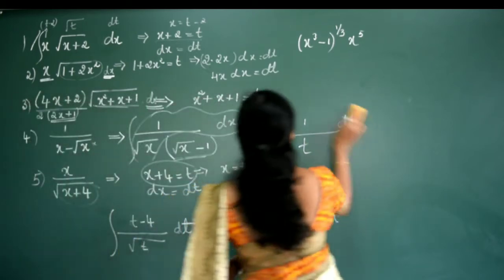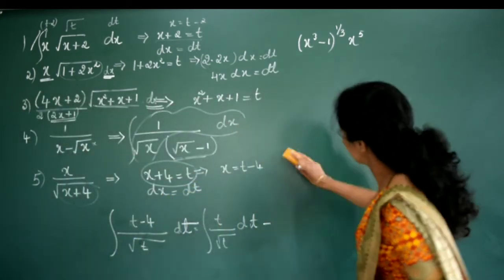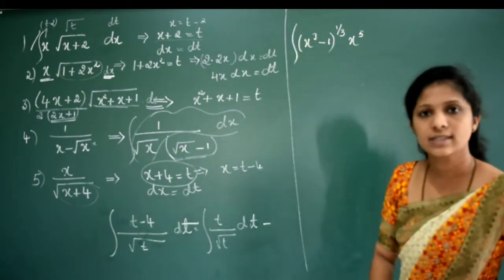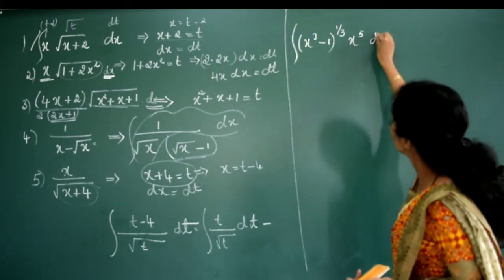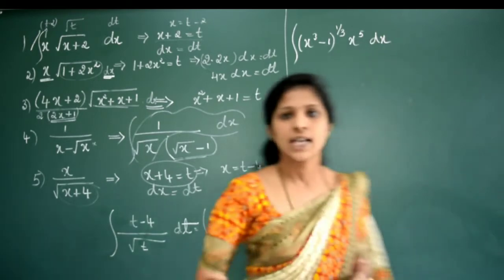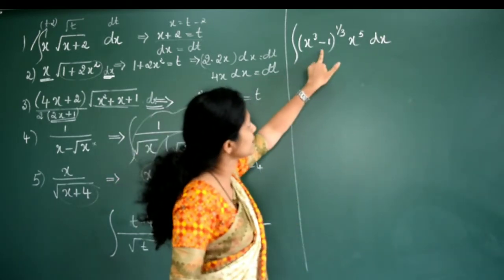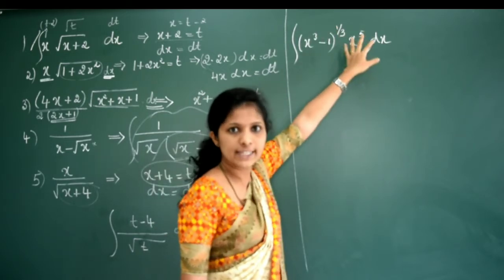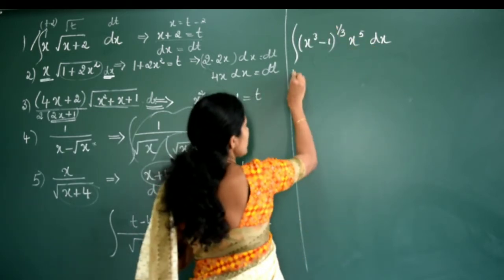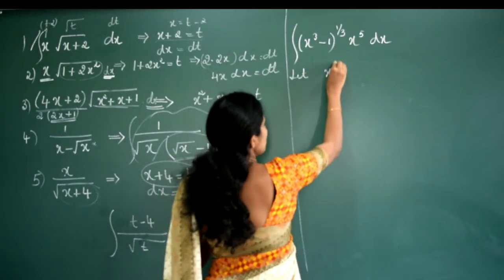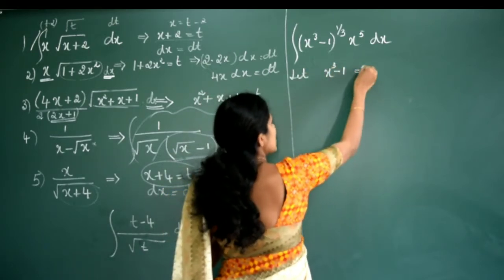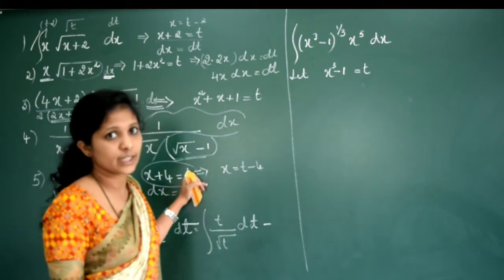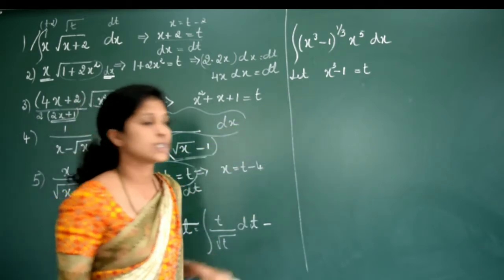Okay, see this one. Write the integration x to the power 5 into x cube minus 1 whole to the power 1 by 3 into dx. Here, see, x cube minus 1 whole to the power 1 by 3 is there. So if you do the substitution for this one, it will be easy, right? So what substitution do you have to give? I'll solve this problem. Let x cube minus 1 is equal to t. Complete everything, and if you have any doubt please contact me. Okay, x cube minus 1 is equal to t.